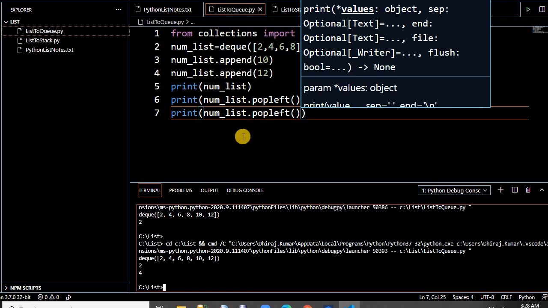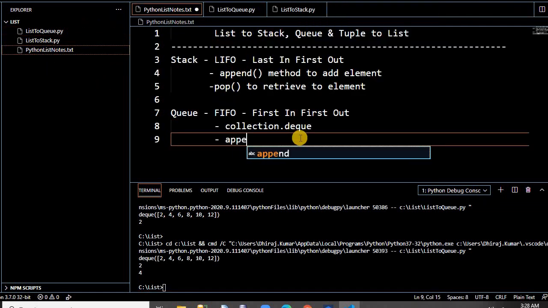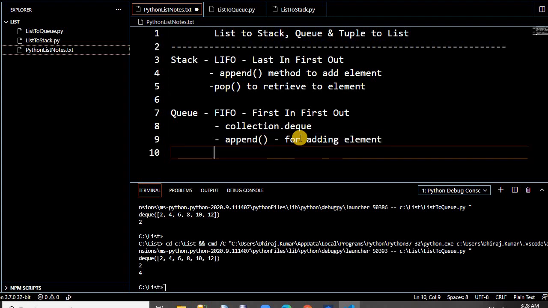So this is a simple way to convert a list to a queue by using collections.deque. To sum up: we use append for adding an element, and for retrieving, we use popleft.